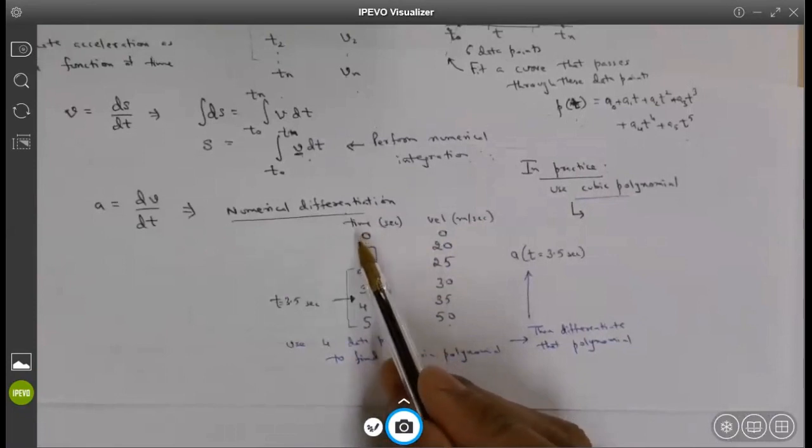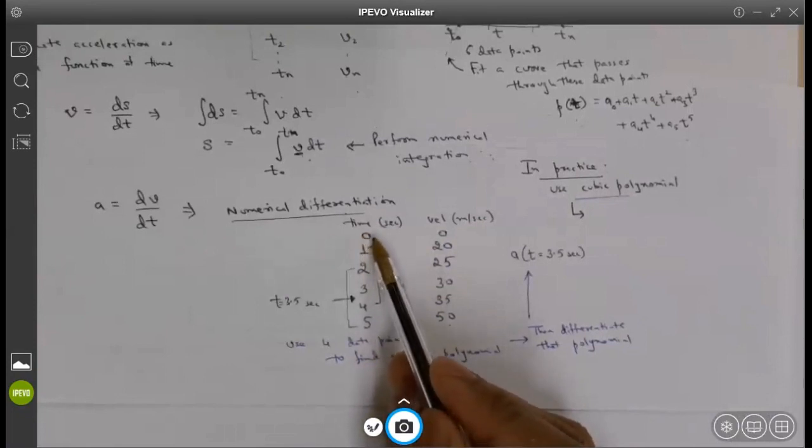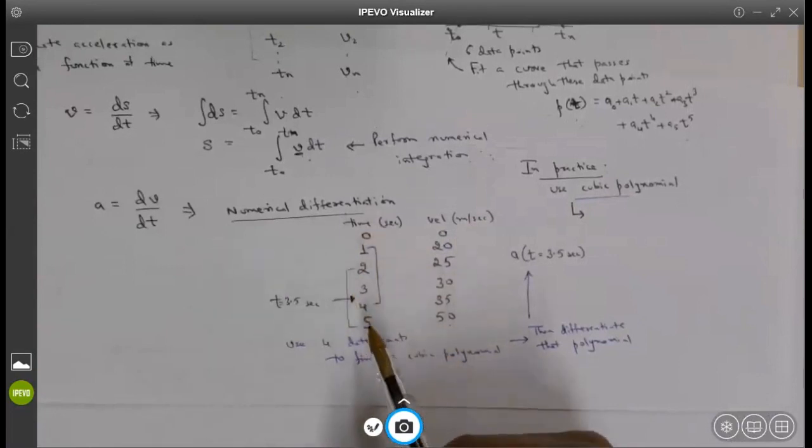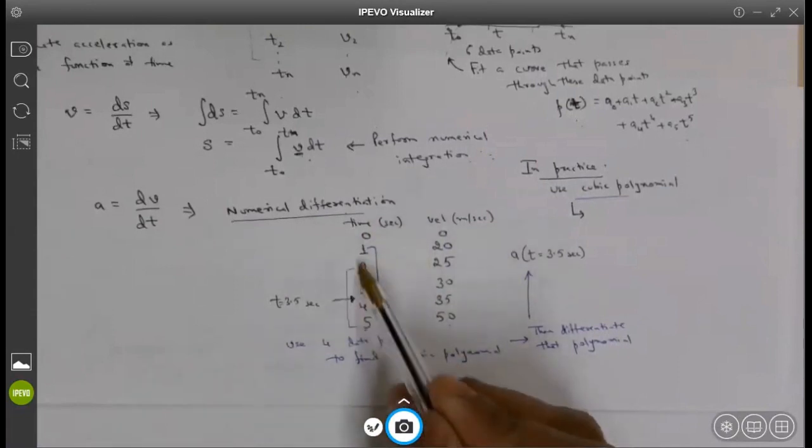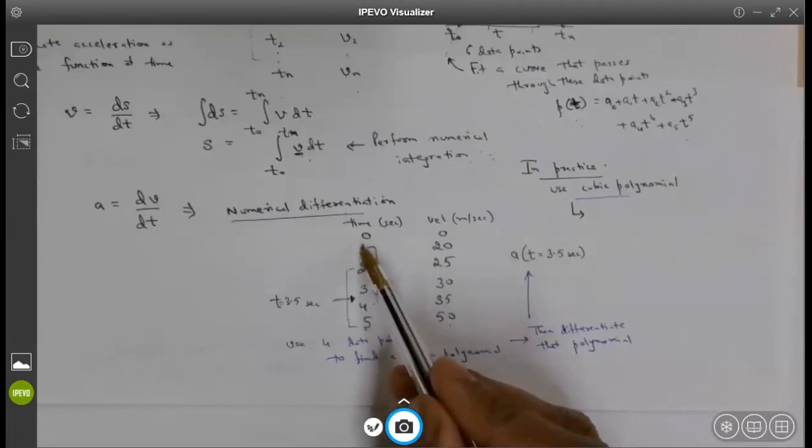I can only use the forward difference formula here. Similarly, at time t equals 5 seconds, I cannot use the forward difference formula to find acceleration. I have to use the backward difference formula because there is no other value after 5 seconds. Does that make sense? Yes. All other intermediate points, I can use any formula I like. I can use the forward difference formula, I can use the backward difference formula, I can use